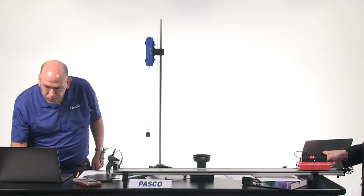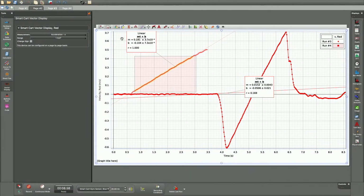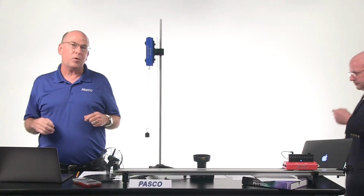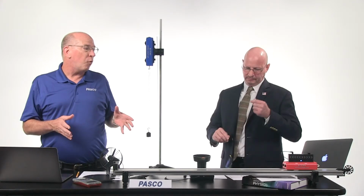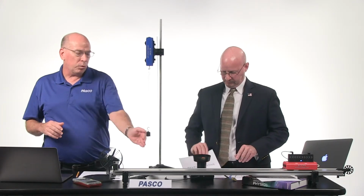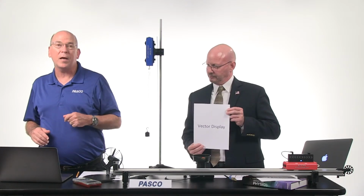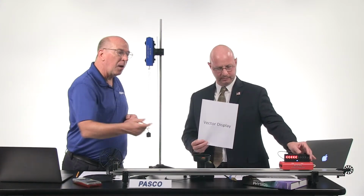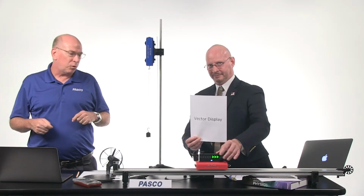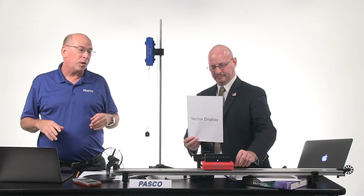There you go. And let me stop that, get rid of that other run display. So the arrow always pointed in that direction once JP stopped pushing on it. And so the net force was in that direction, the acceleration always in that direction, whether it was slowing down while going in the negative direction or speeding up while going in the positive direction, or what is the most confusing thing sometimes to students, at least early on,